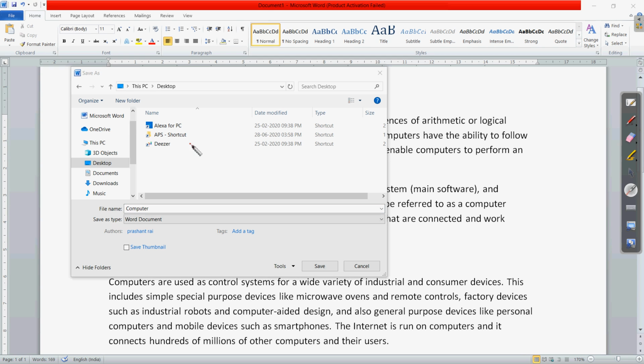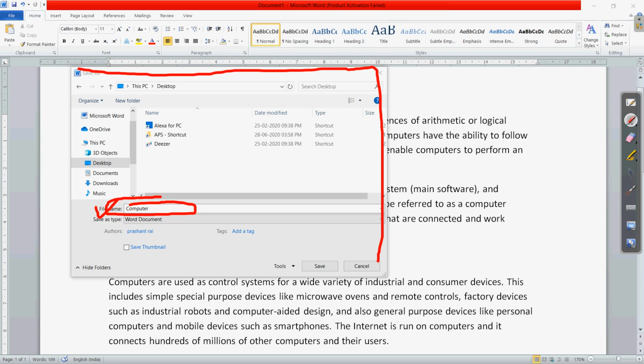So first see, this is the area where you can change the folder, the drive or the place where you want. Okay, and in that drive if there are multiple folders, they will be shown to us and you can choose any of those folders. And the second step was to write the file name. So you can see here it is the file name, and whatever the name of the file you want, you can write in this blank box. Clear? This whole is the save as dialog box. Clear? What is this called? Dialog box. Which dialog box? Save as dialog box. Clear?